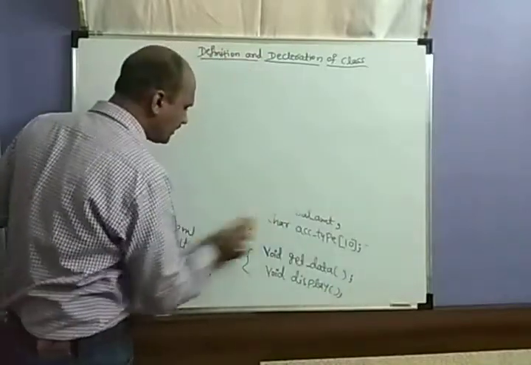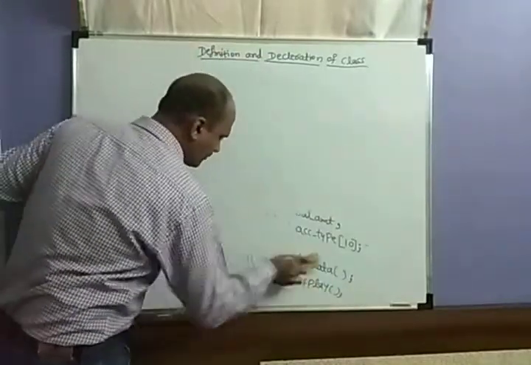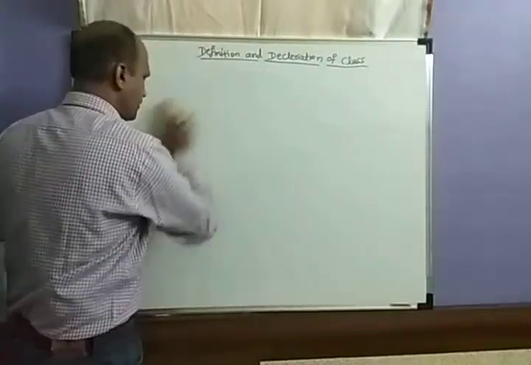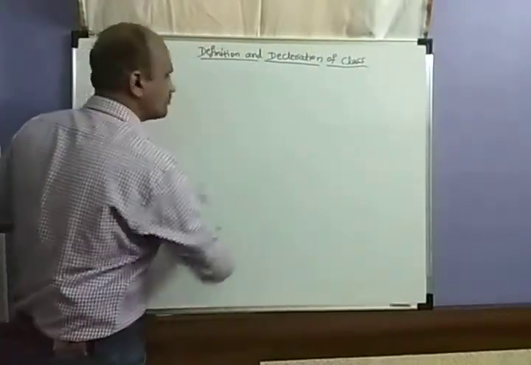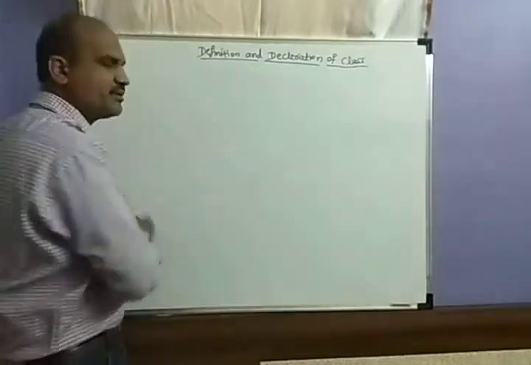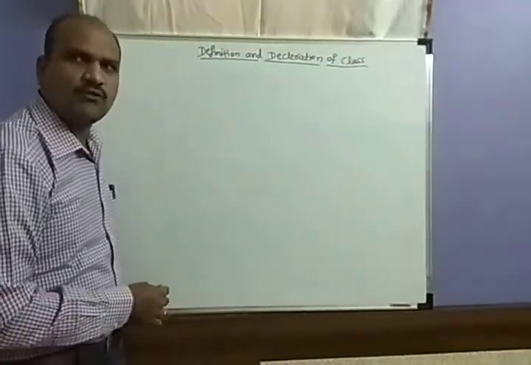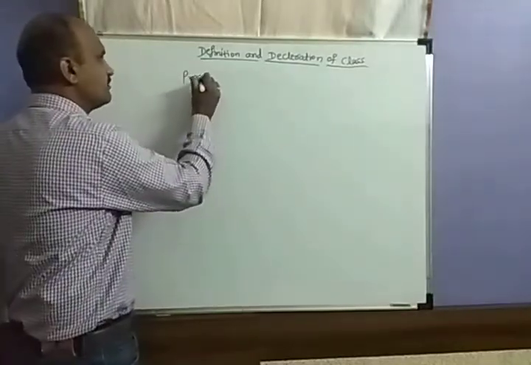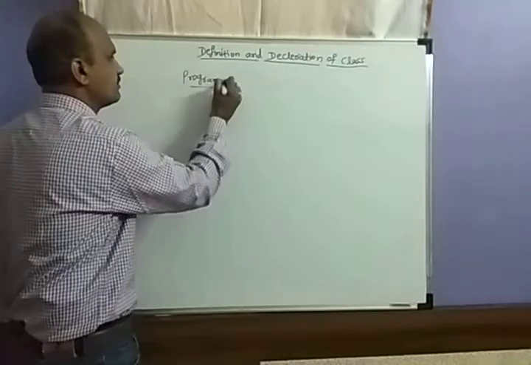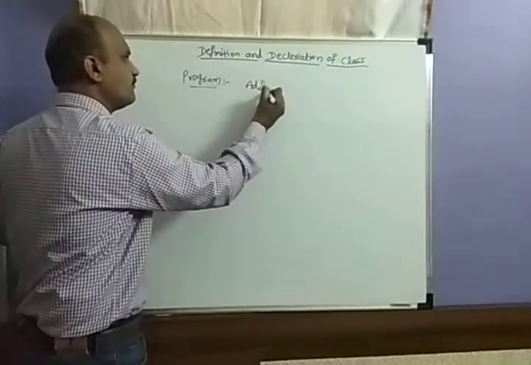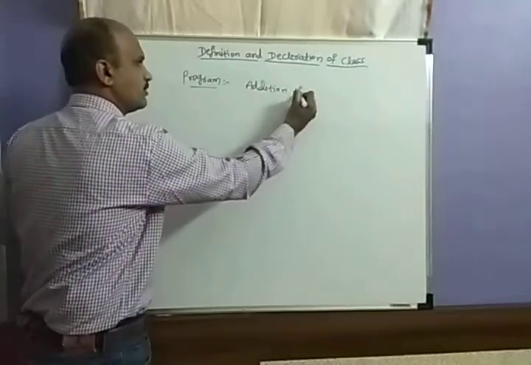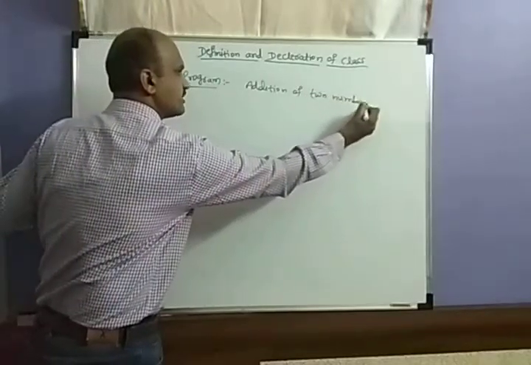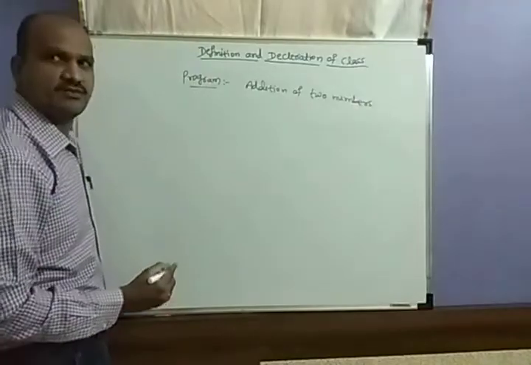If I go to a simple example, that is a simple program, that is addition of two numbers. So if you add the two numbers, we will get the result, that is the operation is the plus. So we will go for the addition of two numbers program. That is a program using the class and object, addition of two numbers. So a simple example for the basics, it will start.